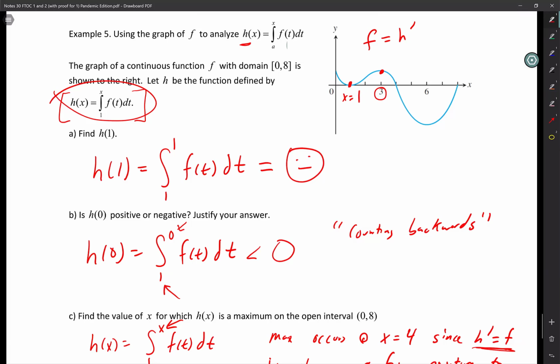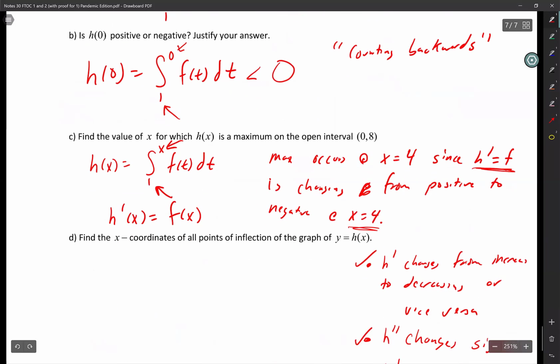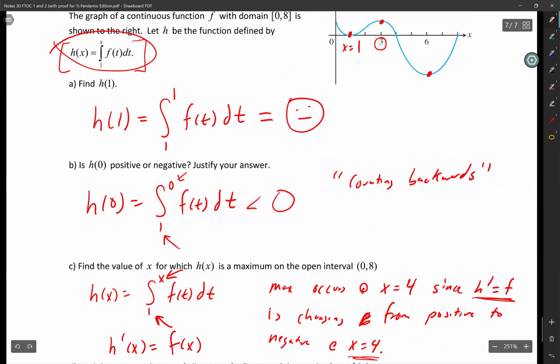And then one more. What's that one more, Ms. Godinez? Perfect. So I'm going to say y equals h of x has points of inflection at x equals 1, 3, and 6,